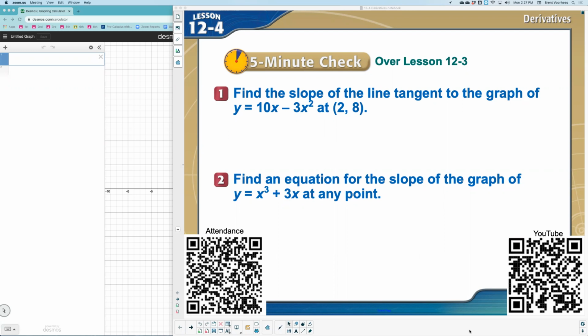Welcome to lesson 12.4. Today we're going to look at a great shortcut called a derivative. I'm super excited to teach it to you, but before we do that, let's review what we learned in lesson